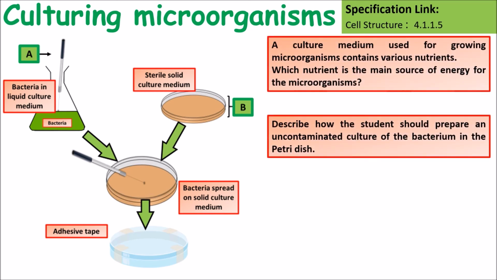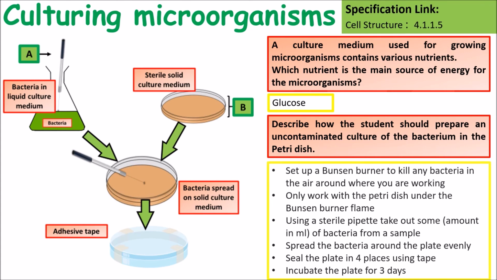So a culture medium used for growing microorganisms might contain various nutrients. Some of the nutrients that are important that it includes is glucose. And if we are going to go and summarise how we carry out this, some of the main things that we need to talk about is using a Bunsen burner to kill any of the bacteria in the air where we're